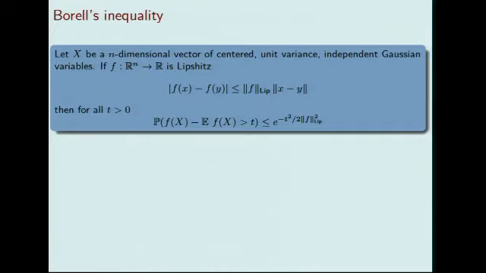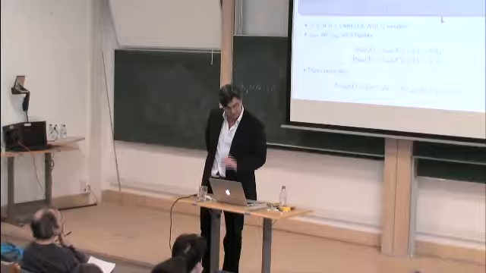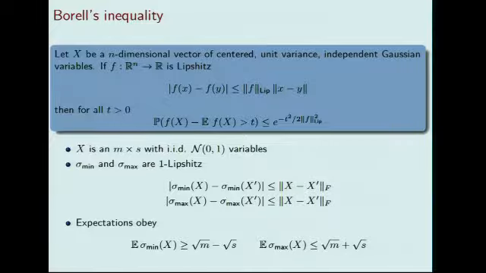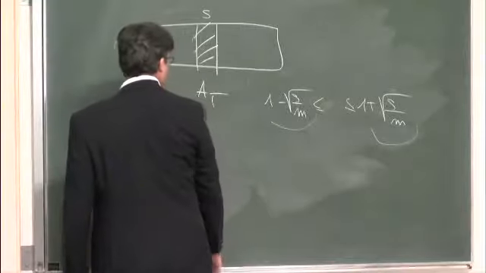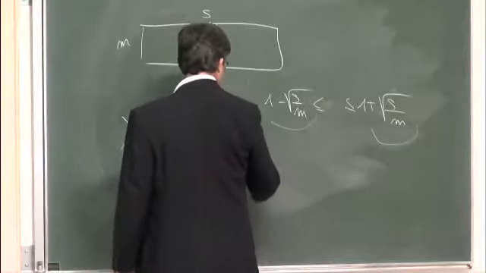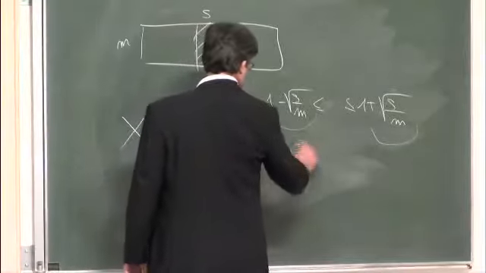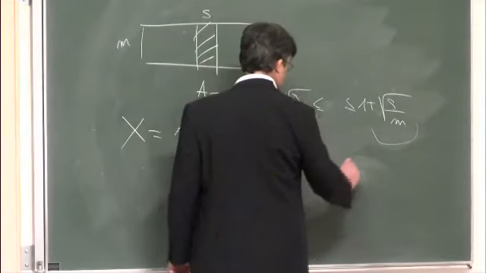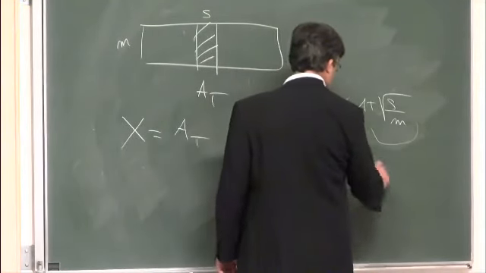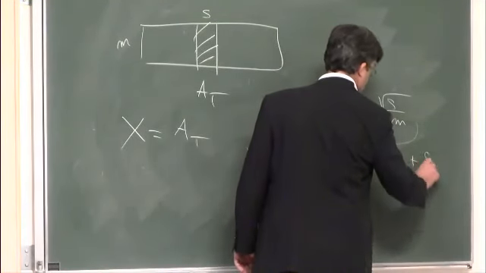All right. So now we're in good shape, because I'm going to have my matrix X, which I'm going to normalize slightly differently to be in the setup of Borell's inequality. So I'm going to suppose that the entries are normal 0, 1, so that for the eigenvalues, I want to show concentration around... so I'm going to multiply everything by square root of m, so I want to show concentration of the spectrum around square root of m plus square root of s.